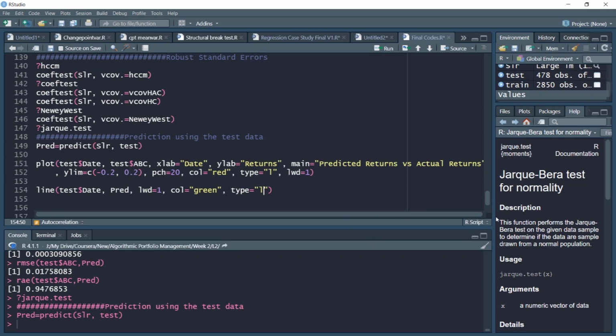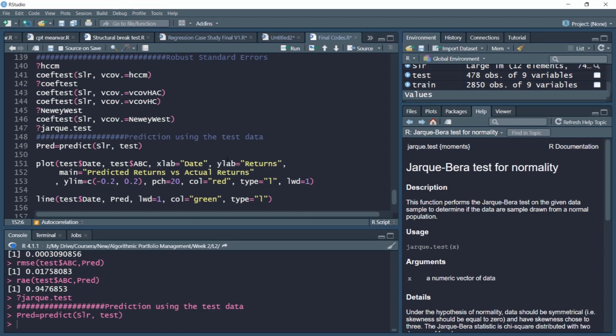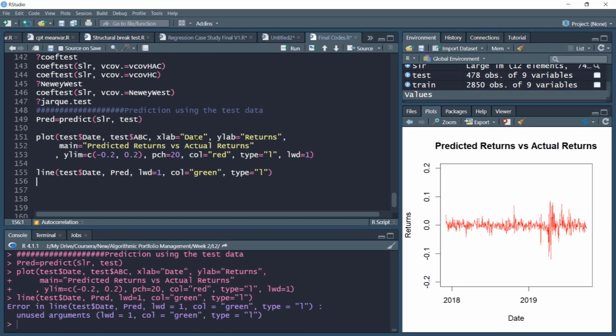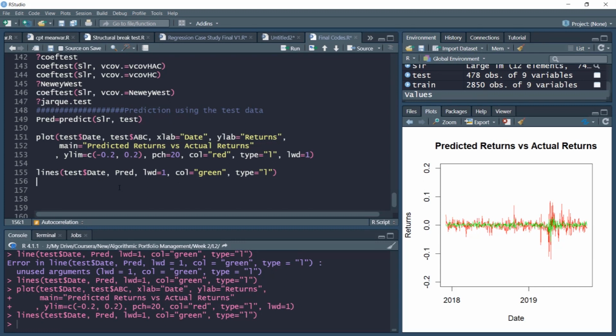So first let us plot this. Let us plot using this command. Let's see if we are getting the object right or we are getting some error. So this object has worked. Currently in red we have the actual returns in the test data. We'll add some lines with this command. So we'll run this lines command, and these green ones are the predicted ones. This is our PRED object, predict object.